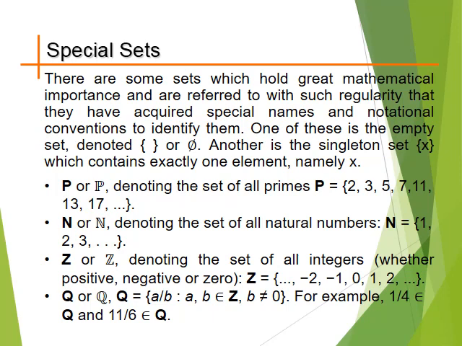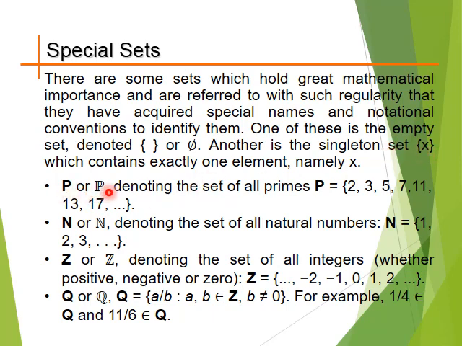Now we come on special sets. So in special sets we can define some sets which are defined conventionally, like हम एक ऐसा सेट डिफाइन कर सकते हैं जिसके अंदर कोई भी एलिमेंट नहीं है, यानी जिसको हम कहेंगे कि एम्प्टी सेट है और उसकी रिप्रेजेंटेशन ये आपको नजर आ रही थी कि खाली ब्रैकेट्स हैं, इसके अंदर कोई एलिमेंट नहीं है, और एम्प्टी सेट, ये इसका एम्प्टी सेट का साइन है. अनदर इज अ सिंगलटन सेट. सिंगलटन सेट ऐसा है सेट जिसके अंदर सिर्फ और सिर्फ एक एलिमेंट होता है.